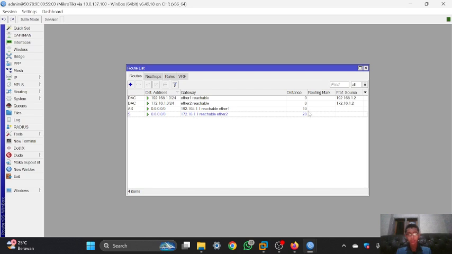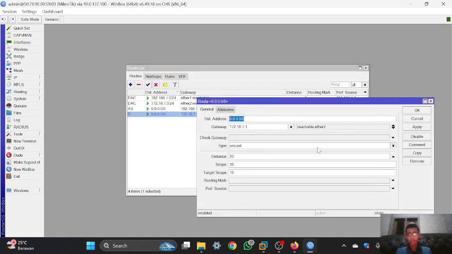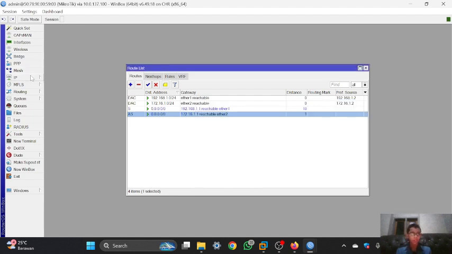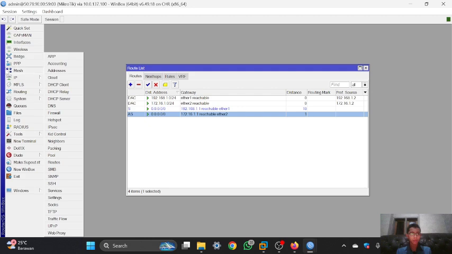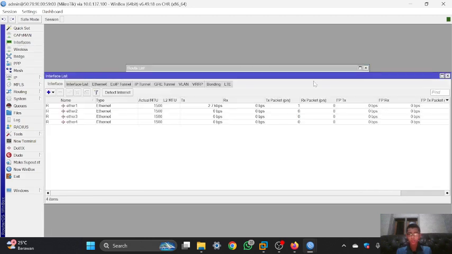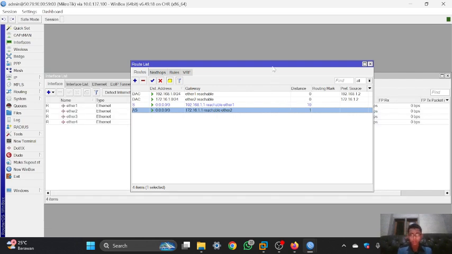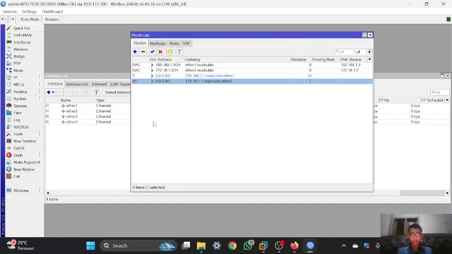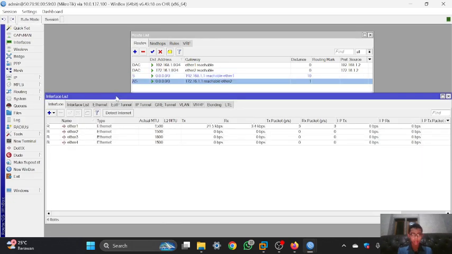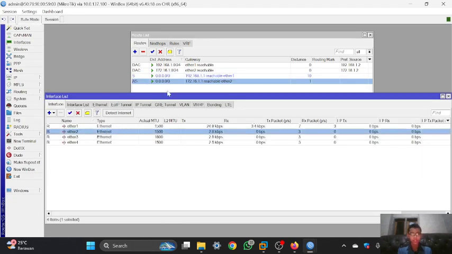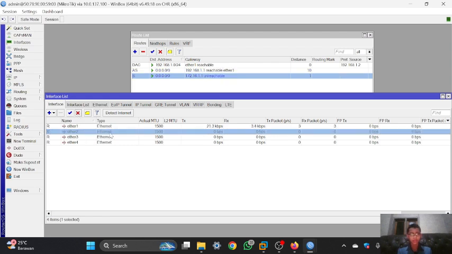The ESP1 is the priority, and if the ESP2 has some problem, I will set it in here. I will show an example like this. If the Ethernet 2 that connects to the ESP2 has some problem, I will disable the Ethernet 2, and as you can see, it is automatically changed.